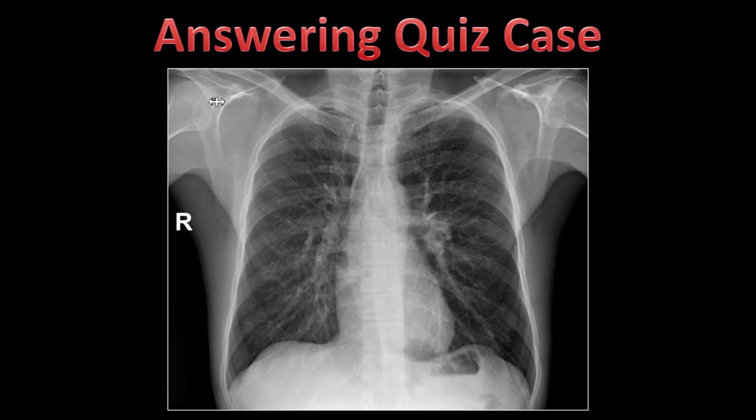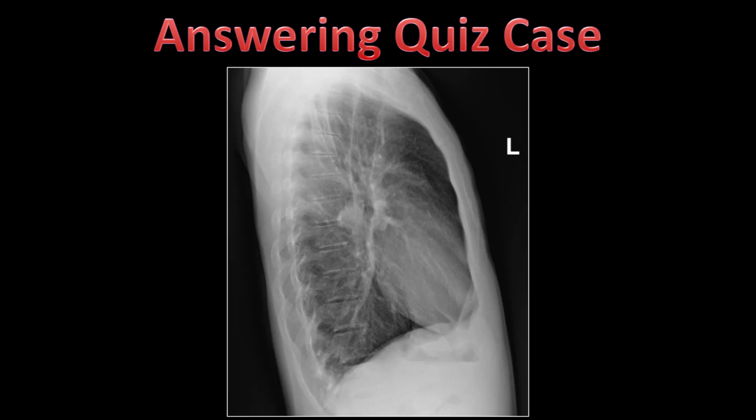If we go back to the quiz case, some of you probably have wondered about the abnormality that involves the left hilum, and you're right. So out of the four things that we look at, remember we talked about location, size, contour, and density. The right hilum appears normal in comparison to the larger left hilum, which also has a more bulging contour, so it has a contour abnormality. If you're suspecting this and you're not sure,